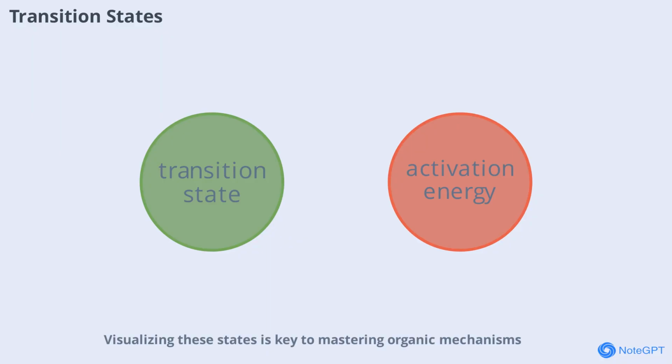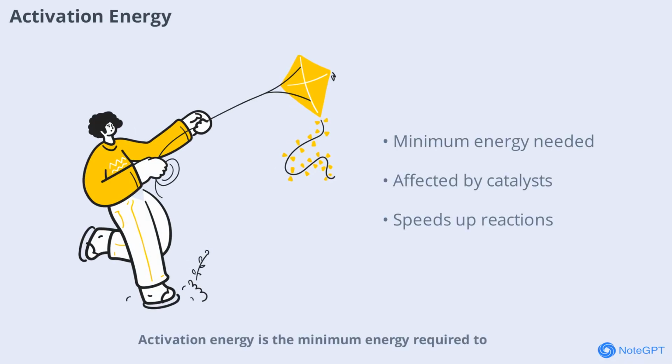Visualizing these states is key to mastering organic mechanisms. Activation energy is the minimum energy required to reach the transition state and start a reaction. Factors like temperature, catalysts, and the nature of reactants influence activation energy. Lowering the activation energy speeds up the reaction, which is why catalysts are so important in both laboratory and industrial